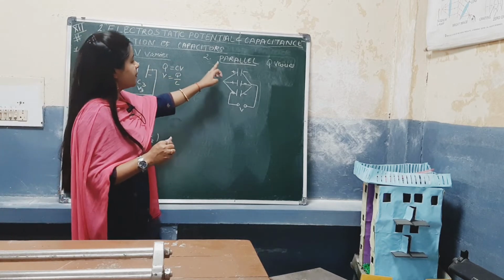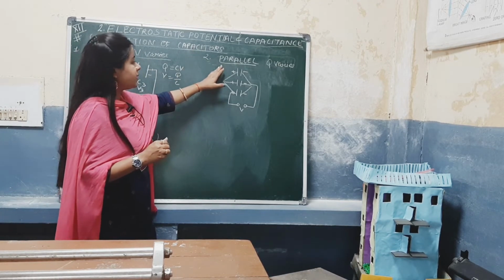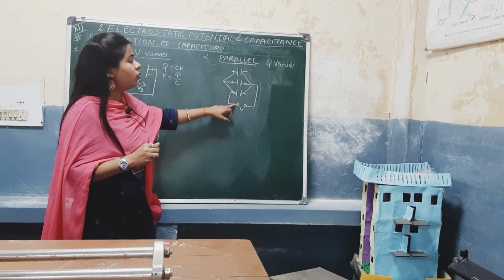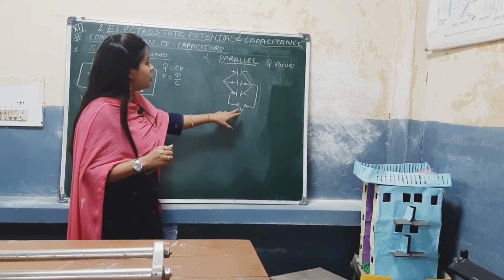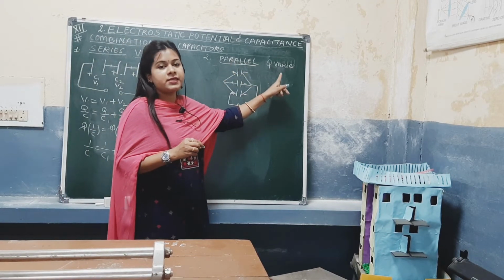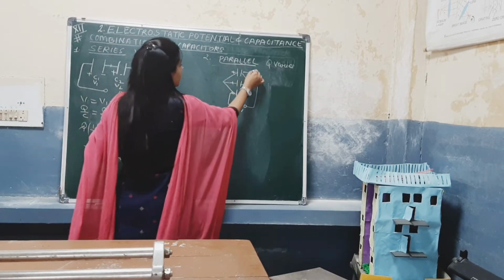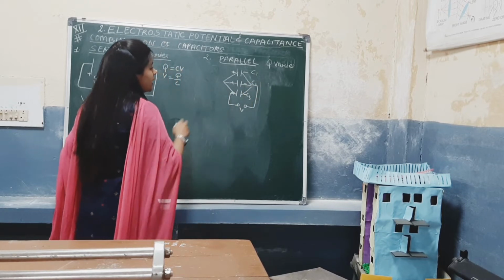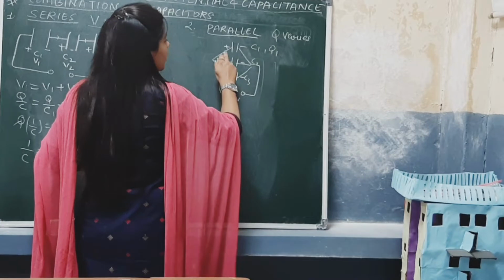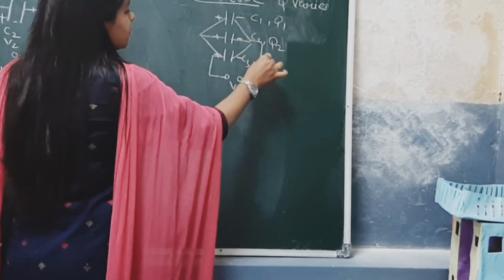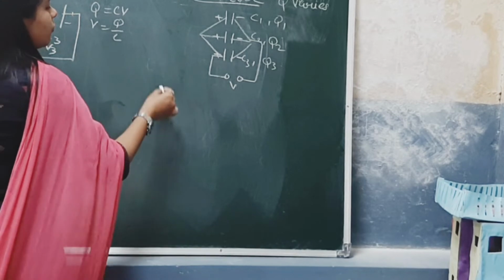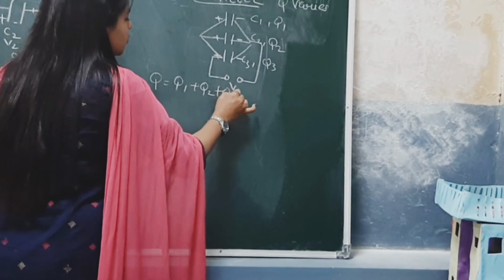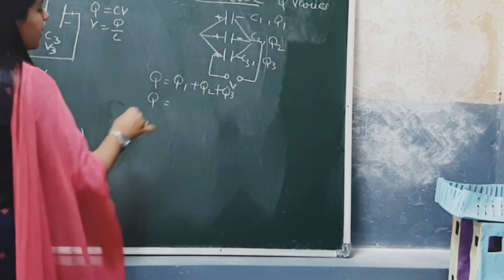Now moving on towards the parallel combination of capacitors. Here we have arranged the 3 capacitors parallel to each other with a common potential. Now in parallel combination what varies is the charge. Here the capacitance for the first is C1, second is C2, and for this is C3, and here the charge varies. So the charge on the first is Q1, charge on the second capacitor will be Q2, and charge on the third will be Q3. So what will be the total charge? That will be equal to Q1 plus Q2 plus Q3, meaning the sum of the charges on all the capacitors present.